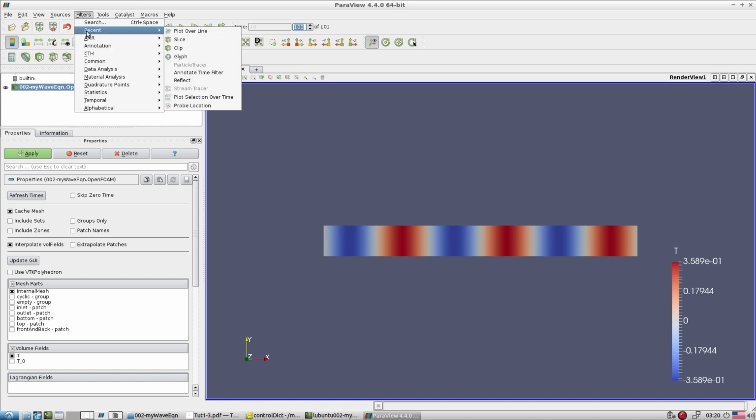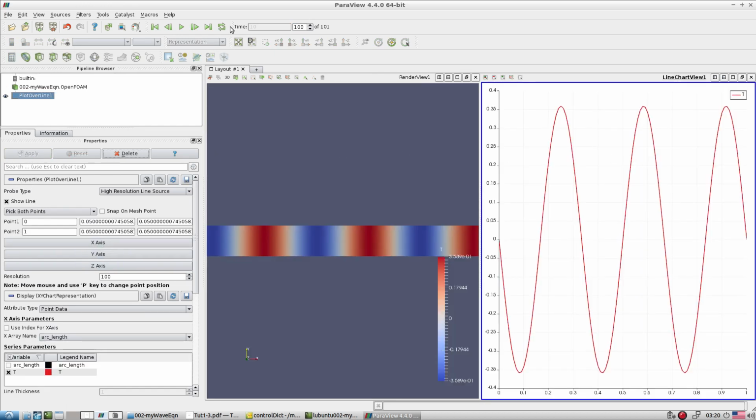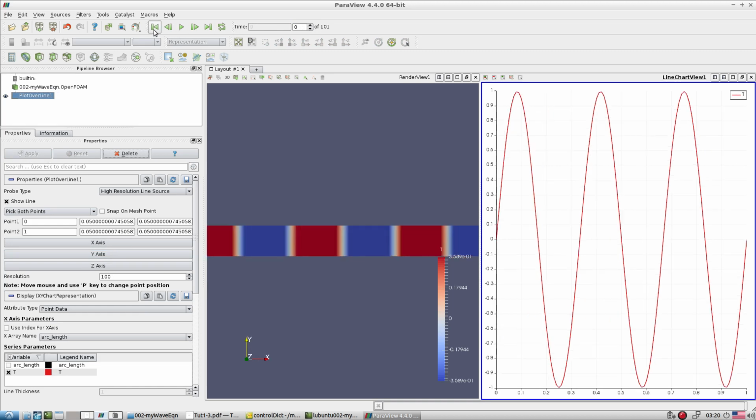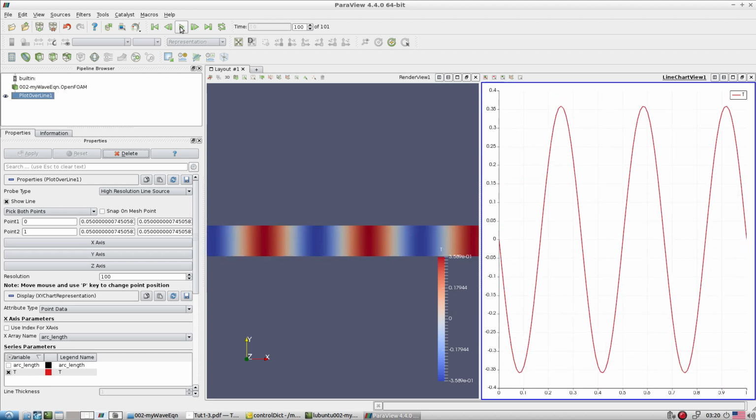That is exactly what is happening. So this is how the wave is transported inside the domain.